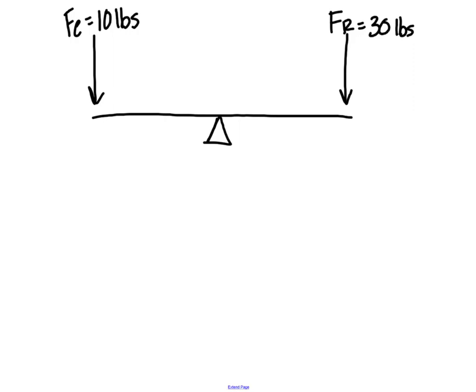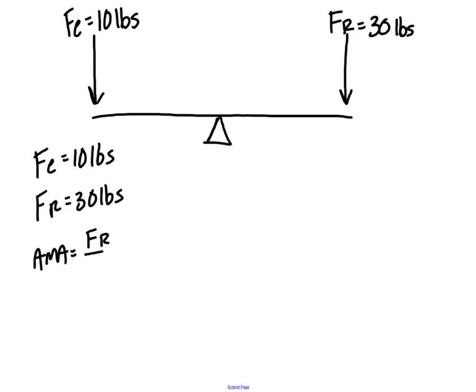So right off the bat, and we've done this one before, if I wanted you to find mechanical advantage, if I wanted you to find AMA, what would you do? Well, you would say FE, I have 10 pounds, FR, I have 30 pounds, I need to find AMA, so you do FR over FE, right? So you would have AMA equals 30 pounds over 10 pounds. Those pounds would cancel, and you would be left with AMA equals,